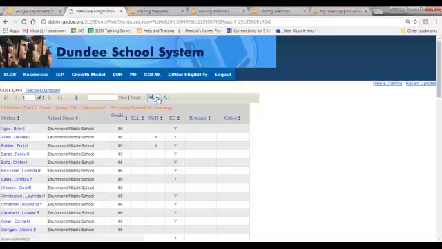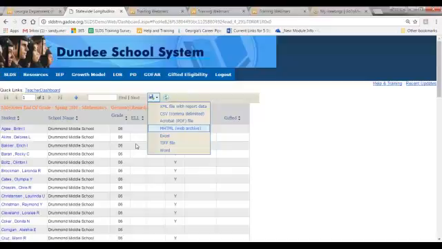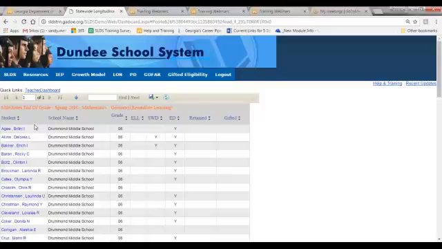Can I export this list? I certainly can. My little export feature, and you can choose your flavor that you want to export it with. What's also good about this, we're about to go to the student profile page, and I'm going to tell you here, all the children's names are blue, which means they're hyperlinked to the student profile page. But right now, what I want you to concentrate on is clicking on the various domains within a particular content area of your state assessment. So I'm going to pause the screen, and remember,